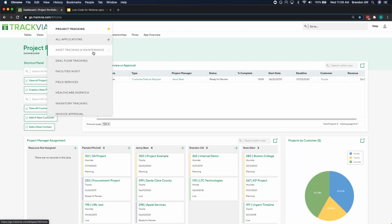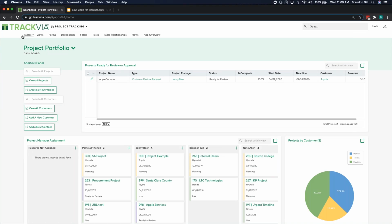And you can build really any application that you want within TrackVia using the tools that we're going to focus on today. But in this case, we'll focus on project tracking. Below that, I'm logged in as an admin, so I do have access to this admin toolbar as well as all of the different dashboards that we're going to look at, but you can permission those things down so people can't see as much information. We'll focus a little bit on this admin tool at the end when we do a little building,